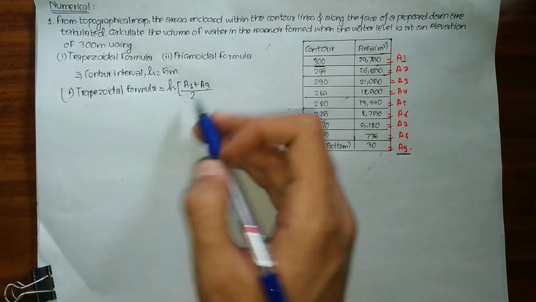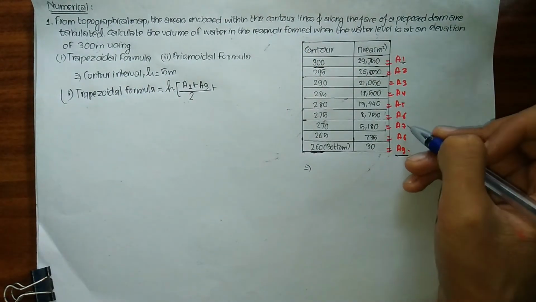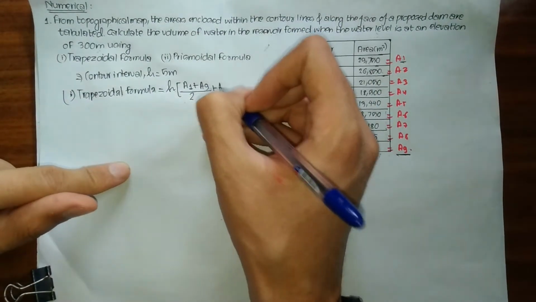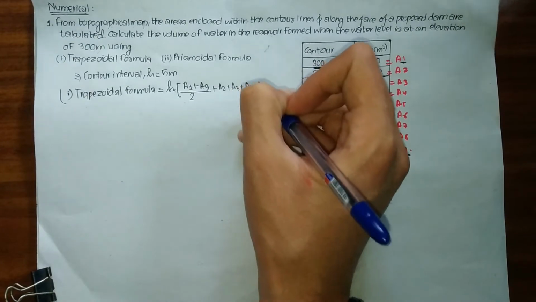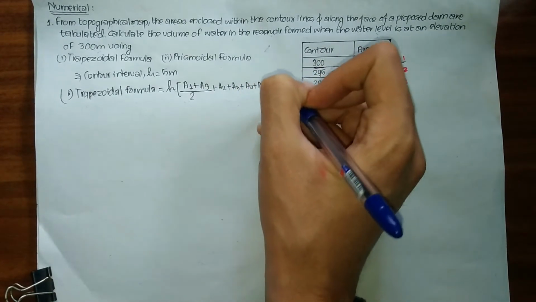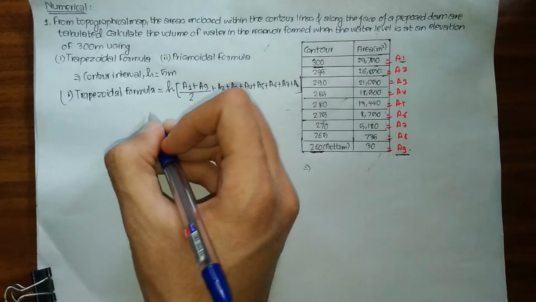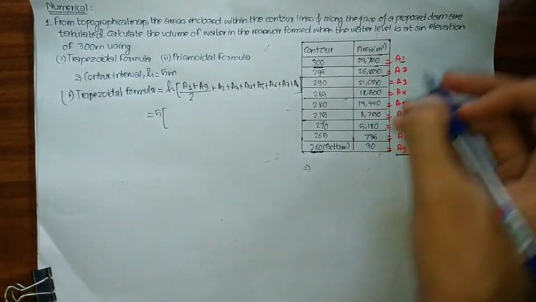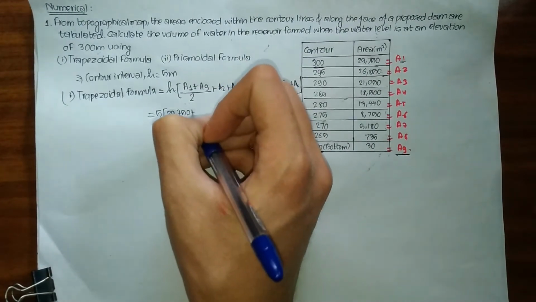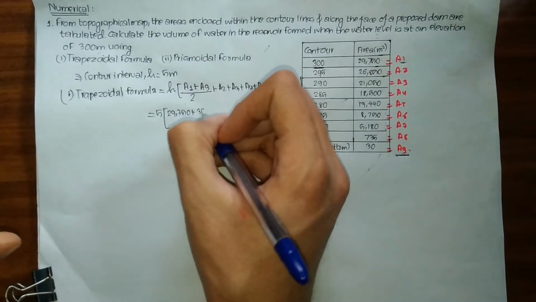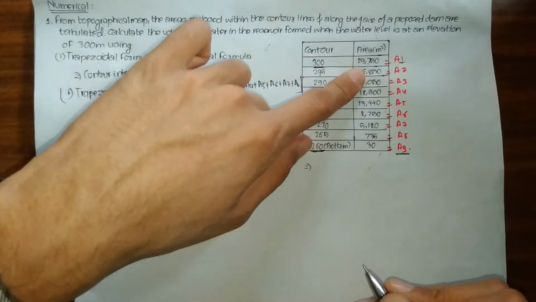h times A1 plus A9 divided by 2, and simply add all the remaining areas, which are A2, A3, A4, A5, A6, A7, A8. So let me write over here, A2 plus A3 plus A4 plus A5 plus A6 plus A7 plus A8. My final area A9 is written over here. So I have my h as 5. You need to write your A1 value as 29750 plus A9 value as 30, divided by 2, and simply write down all the remaining areas, which is